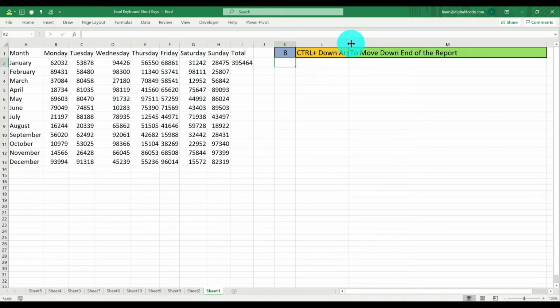Now we are going to see the navigations. Let me keep my cursor in A1. To navigate from range A1 to the end of the report, press Ctrl Down arrow. So it came to the end of the report. To navigate to the top of the report, Ctrl Up arrow.